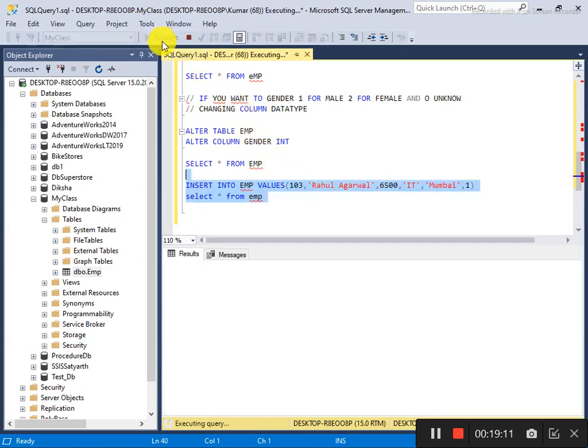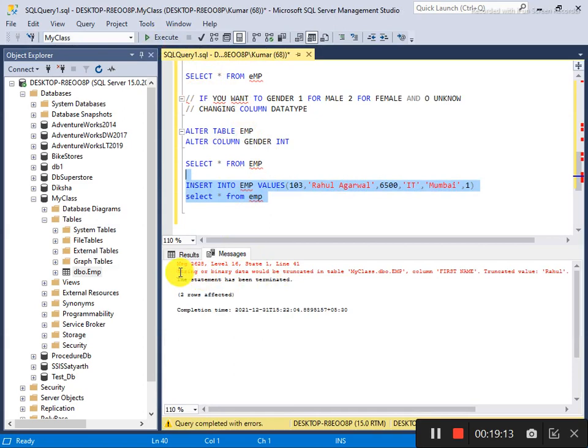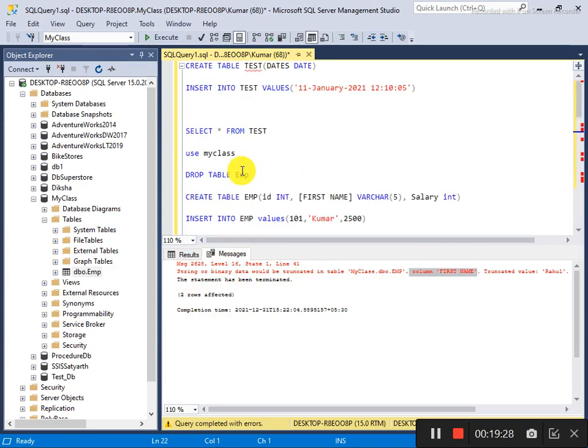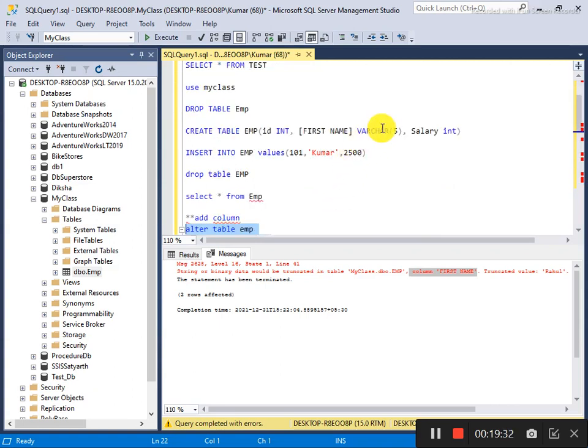So you will see that there is an error: String or binary data would be truncated in table myclassdbo.emp, column first name. The reason is that we have already set the size of first name, which is only 5, so it can store a maximum of 5 characters.